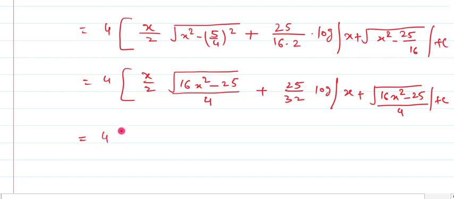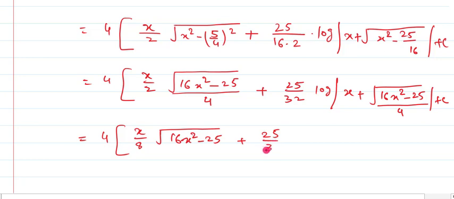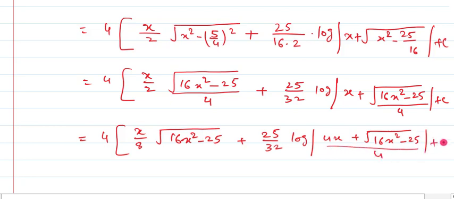Further it is equal to 4 into x upon 8 square root of 16x square minus 25, plus 25 upon 32 log, taking LCM over here, it is 4x plus square root of 16x square minus 25 whole upon 4 plus